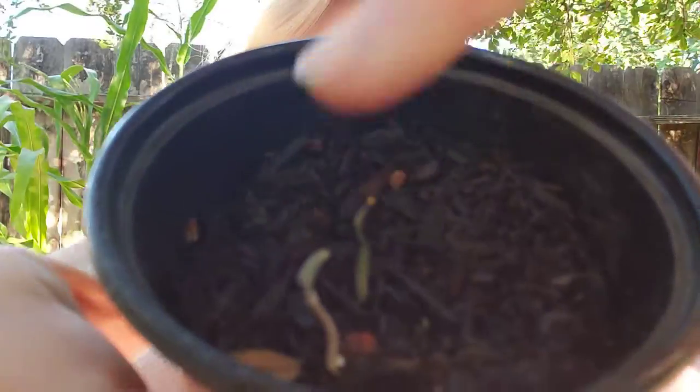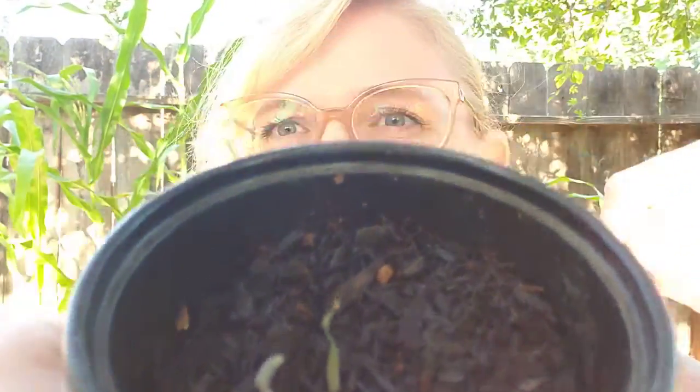So for those of you who helped me out this time by planting seeds with me so we could all grow something together, I'm curious if yours have started to grow or not. Mine this week, I don't know if you can see them, but right there, look, I got little baby seeds. They started to come up